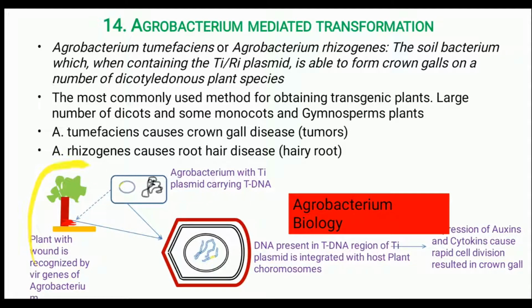So here the plant secretes certain phenolic-like compounds. Those are sensed by the Agrobacterium, which has some internal genes. Once it is sensed, the Agrobacterium moves towards that, interacts with the wounded region and injects a portion of its DNA, called T-DNA, from its plasmid into the host cell. Then it expresses certain auxins and cytokinins favorable for the multiplication and formation of crown galls in the host cell, so that Agrobacterium can take the nutrients from such cells.